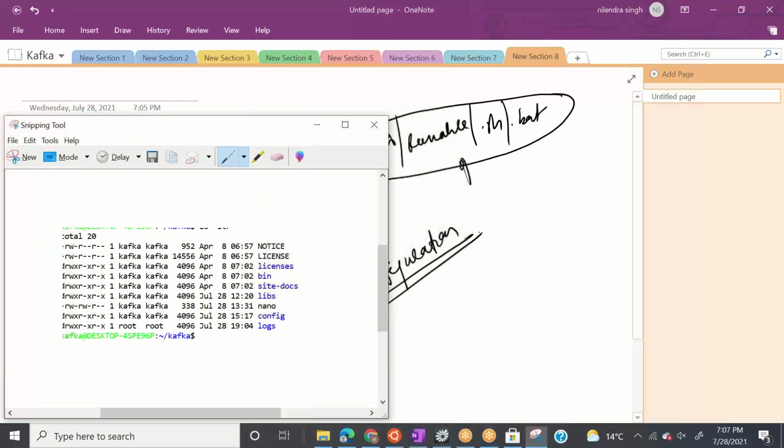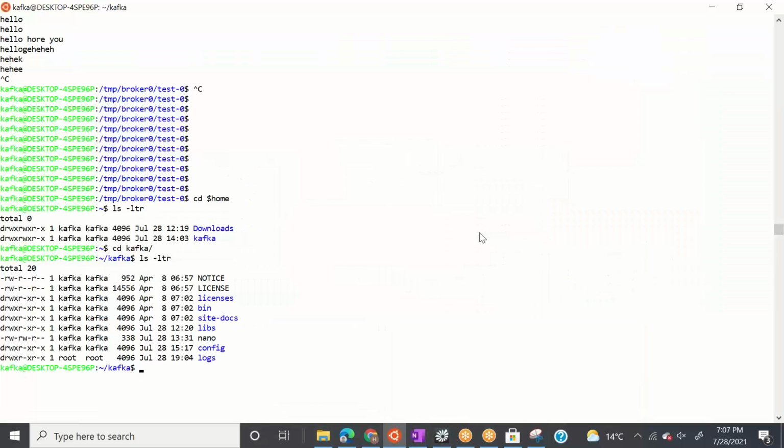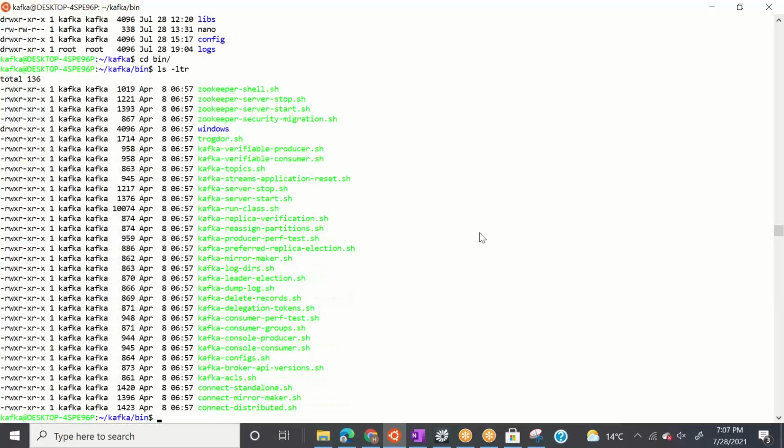So let's see how it looks. First, let's see what is inside bin. So cd bin, and then ls -ltr. I'm not sure how much green is visible to you guys, but we have all the shell scripts, and these are very easy to read.